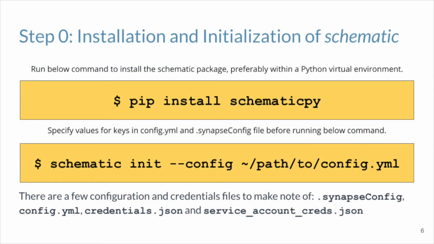The Schematic tool is distributed as a Python package, so the installation process is running a simple pip install. Most of the functionalities in Schematic are built around a central schema.org based ontology with entities, properties, and relationships that can describe various biomedical objects. Before we get into the various steps of the data curation lifecycle, we need to make sure we have the right set of credentials and configuration files that are necessary for Schematic to work. Follow the documentation to make sure you have the right configuration.